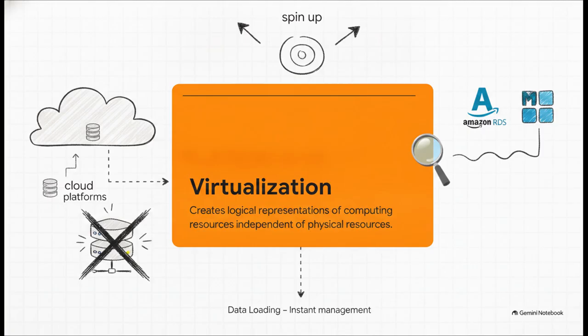Phase 3 is implementation and loading, where we finally create the tables and load the data. Now, a massive modern shift here is virtualization. Virtualization is defined as creating logical representations of computing resources independent of physical hardware, very often via SaaS, or software as a service, cloud databases. Instead of buying clunky physical servers, we use cloud platforms like Microsoft Azure or Amazon RDS. This radically modernizes implementation because it allows us to spin up, scale, and manage databases instantly without ever touching a